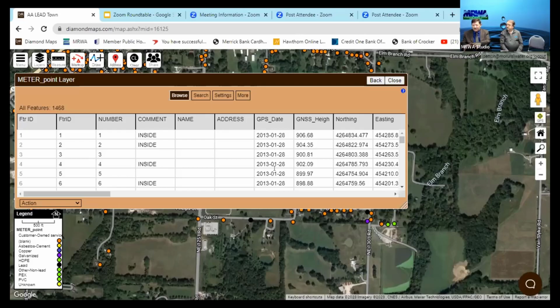Once you get this on your map, periodically you may want to download this and look at it. There's a simple process that we're going to do: export. It's already built into Diamond Maps. It will export it into the DNR spreadsheet, and you don't have to go download it from somewhere. It's already there. And then you would take that spreadsheet and it's going to react. You can turn it into DNR, or you can look at it and decide there's something you didn't like. You need to make some changes.